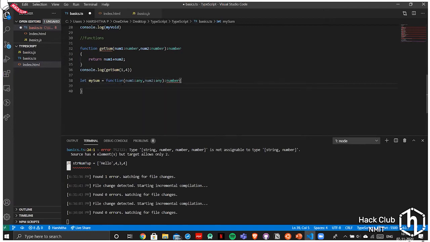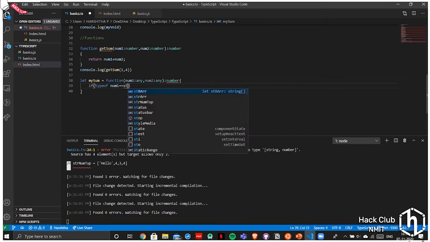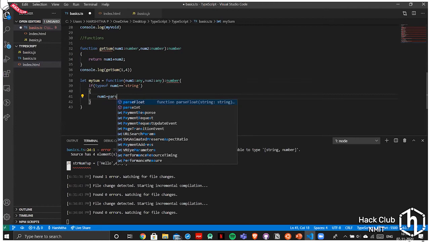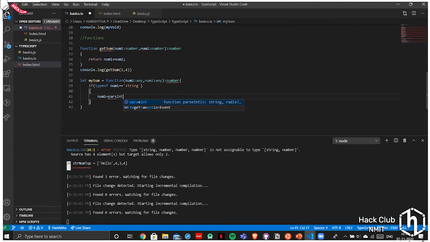Now you can use such functions, for example num1 equals a string, put them in quotations. I'll do one thing, I'll take this as number.